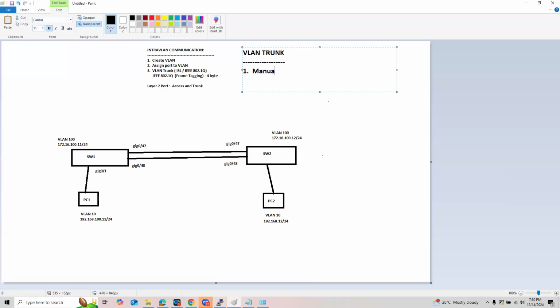One, you can manually configure the trunk. Or two, you can use DTP instead. This is the Dynamic Trunking Protocol.